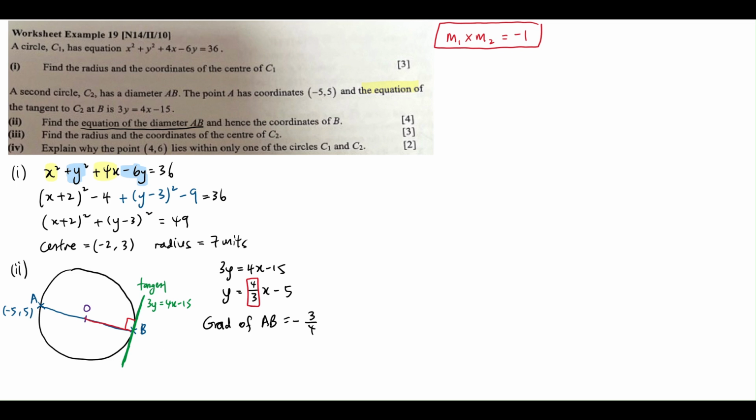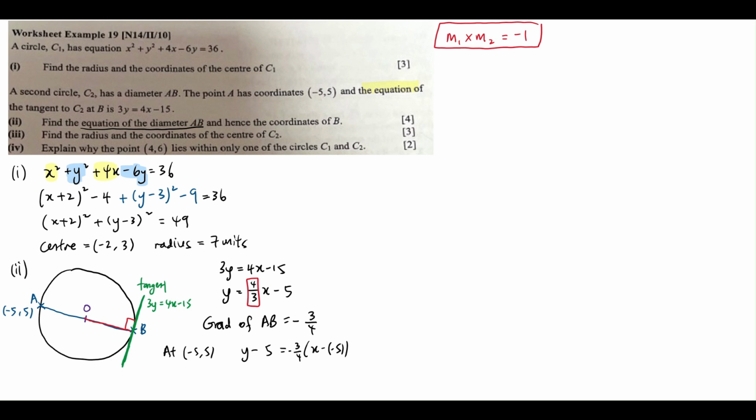Now, you should also know this equation, y minus y1 equals m times (x minus x1). You know that from the A Math syllabus, you need to know this equation. Now, for x1 and y1, simply plug in a point that passes through the blue line, which is the diameter AB that you're looking for. In particular, you only have point A, so you sub in x to be -5. So be careful when you sub in -5. And your y1 is the y coordinate, which is 5. m is your gradient, so you plug in